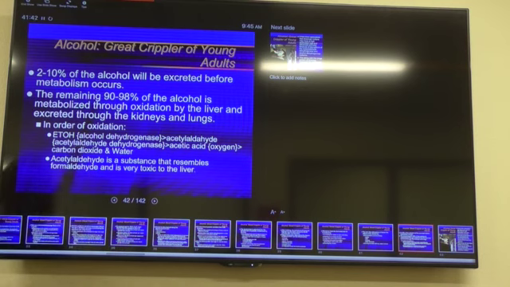Asians don't have very much acetaldehyde dehydrogenase, and because of that, they start processing the alcohol differently than people who aren't Asian. So if you've ever been drinking with an Asian individual, their cheeks get rosy red almost immediately as soon as they drink alcohol, and they're warm to the touch. It's really kind of interesting. So they have nice, cute red cheeks, and they get drunk really quick. But then again, they're not breaking down